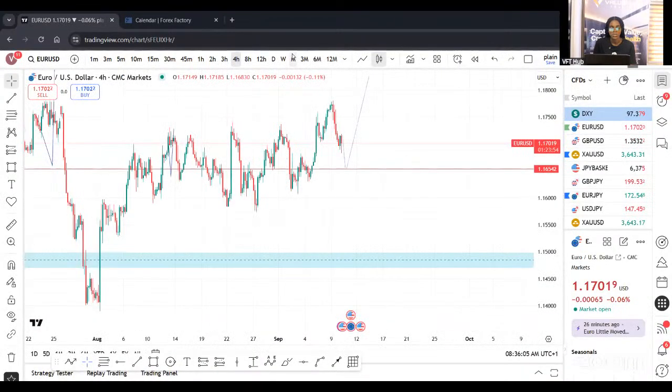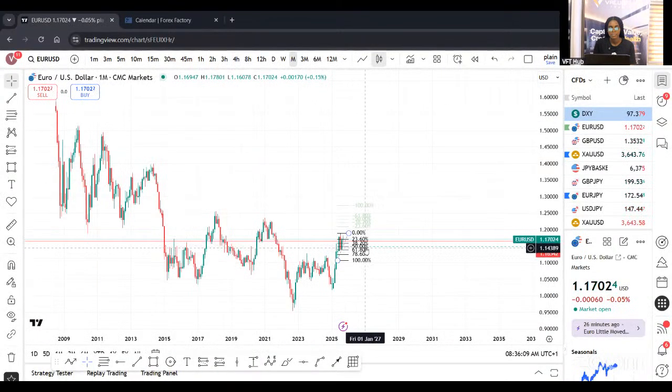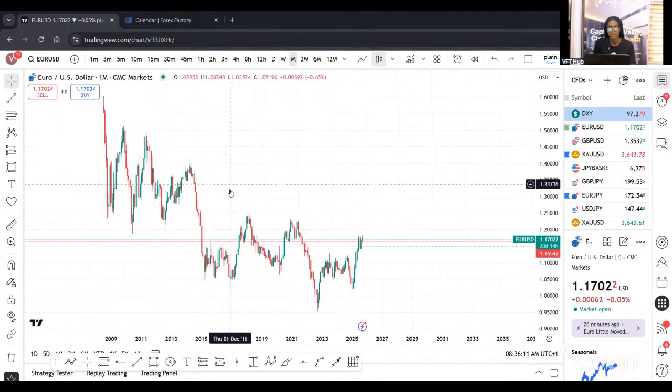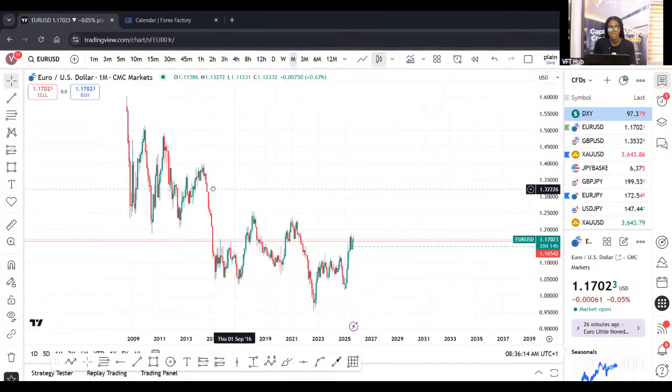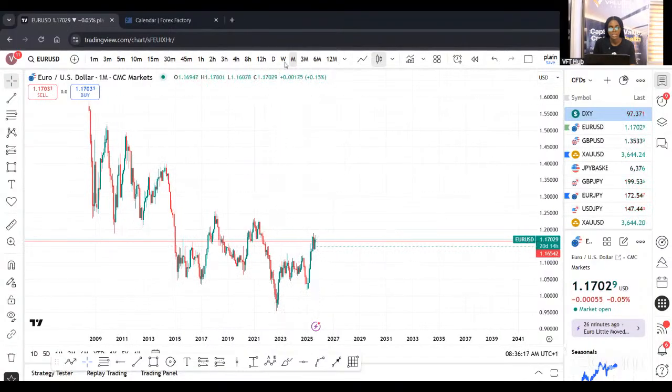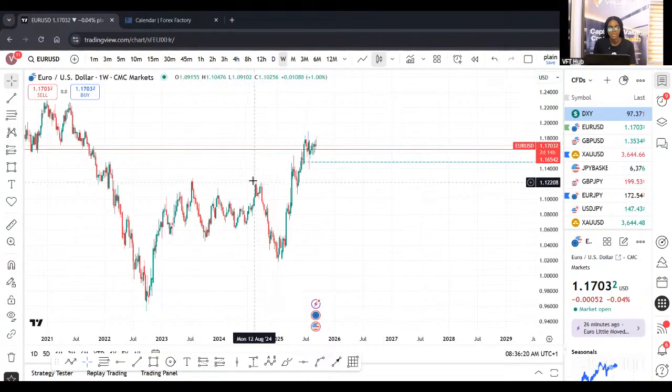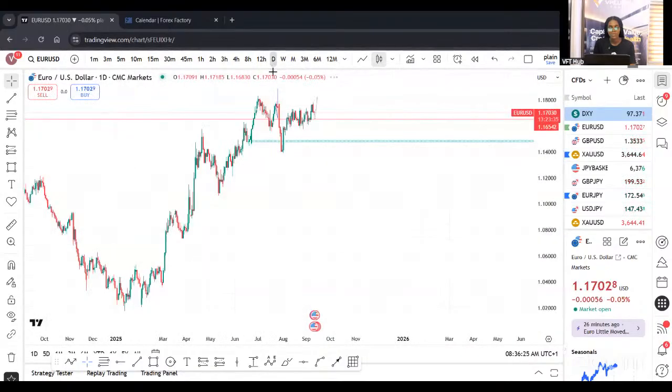On the monthly time frame for Euro USD, we've been seeing price breaking even lower, right? We see a sweep of this liquidity right here. Down to the weekly time frame, seeing a break of this high, and price has been tending to the upside. Coming to the daily time frame, we saw something a bit different: change of character, break of structure, implying that Euro USD may resume the sell all the way to the downside. Although price has been caught in a range for a very long time on the daily time frame for Euro USD.